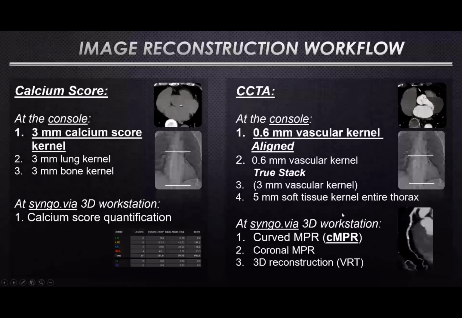And this is because you have first a wider scan window. And on the other hand, you have 120 kV dose. That means you have a very sharp image impression for the lung tissue as well. You would lose some parts of the lung if you would do the lung and bone out of the CCTA data. Also, at the console, you reconstruct, or actually it is automatically reconstructed, everything. You reconstruct 0.6 millimeter soft tissue kernel aligned images. Aligned means that usually when you